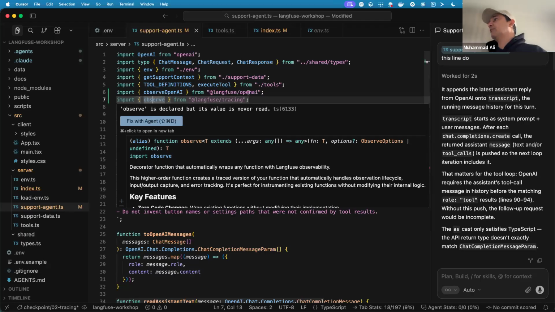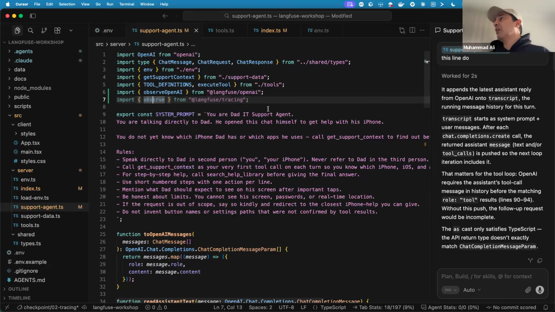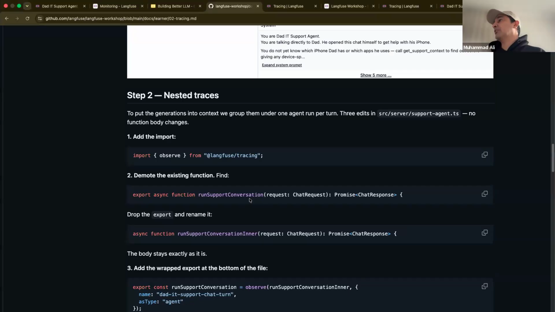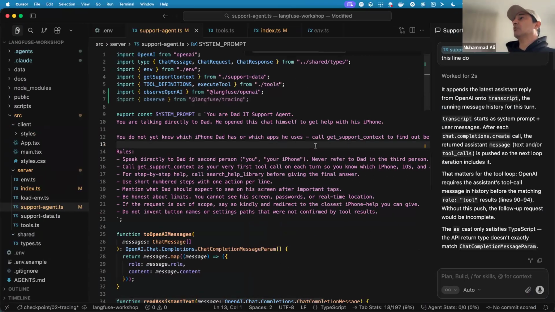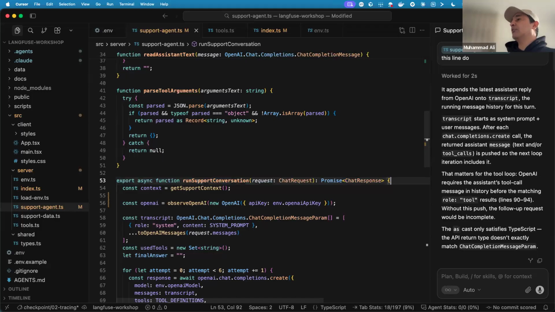This function is going to help us capture the nested traces. And now we're doing one more thing. We are exporting this method, which makes it available to other parts of the code. We are not going to export it just yet. We'll find this method and remove the export from here.